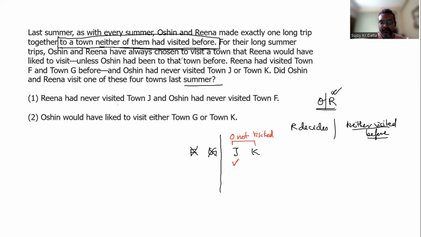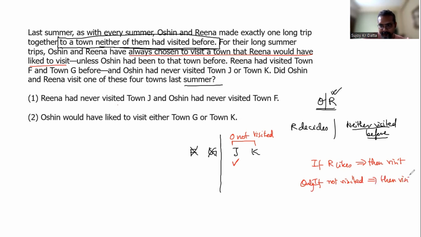Okay. So here is where the conditional statement comes in. They will choose a city that R would have liked to visit. So that means if R likes, then visit. It does not mean that if J has not been visited by R, then R will decide to go to J, right? So if R likes, then visit. Another one is: only if not visited,